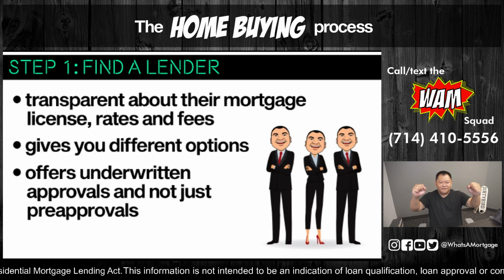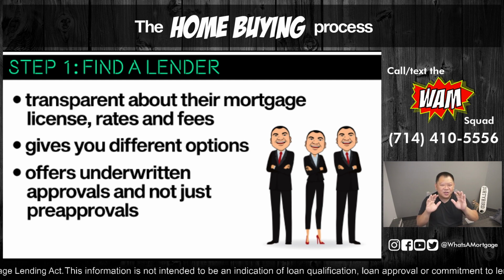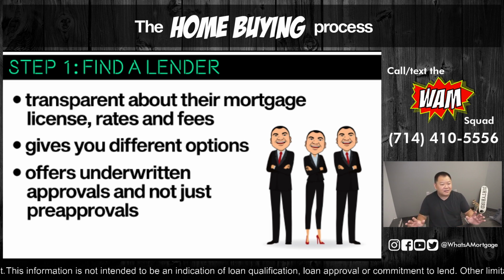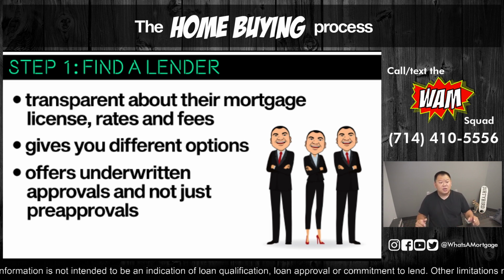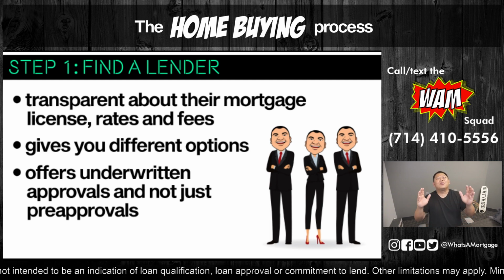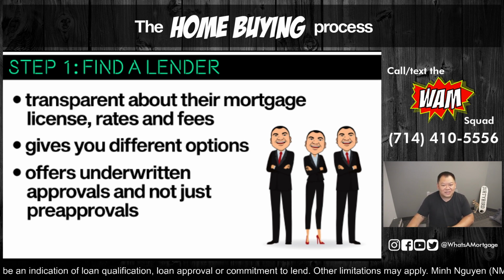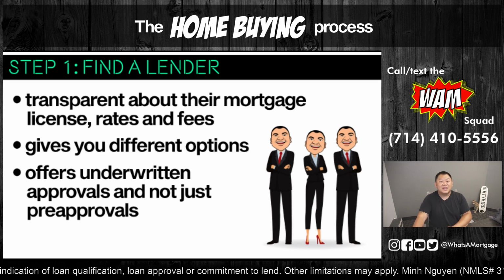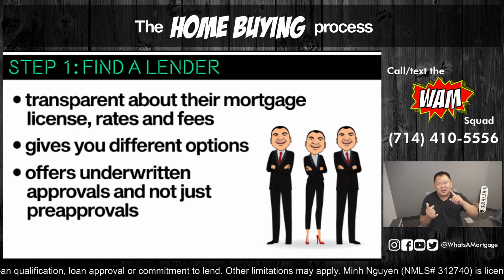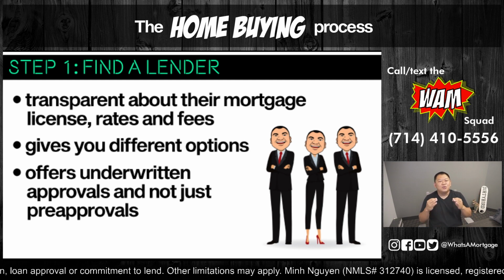So the first step in buying a home, and some of you guys already passed this stage, is finding the right lender. It's important that you find the right lender. When you're looking for a lender, you want someone to be transparent with their license. It's crazy. I still see people out there giving loans out without licenses, using other people's license. So you want to make sure, right? If you're looking on their email signature, you're looking on their business card, do they have an